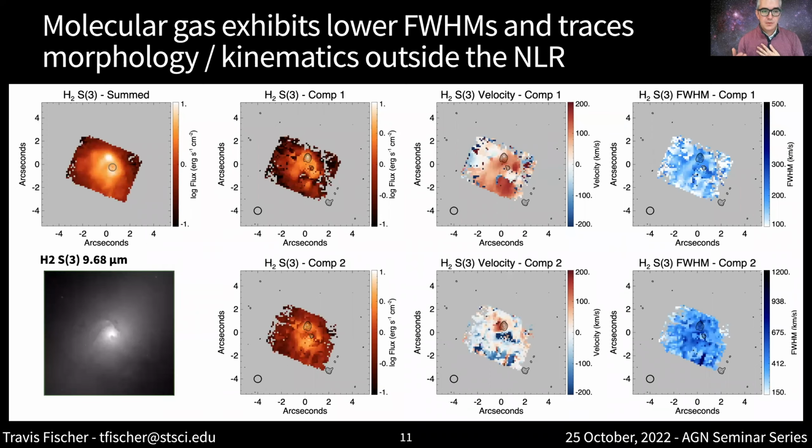And then we can also map the molecular gas. This traces the morphology and the kinematics of the gas outside the narrow line region. We can see that the kinematics you see in the ionized gas, in the shock ionized and in the AGN ionized gas, are similar to the molecular gas inside the narrow line region. However, that gas also follows those kinematics adjacent to the narrow line region, which suggests that all of that material was there intrinsically before the AGN turned on.